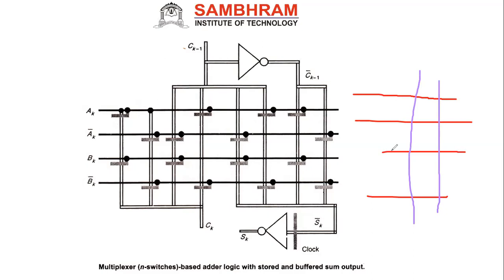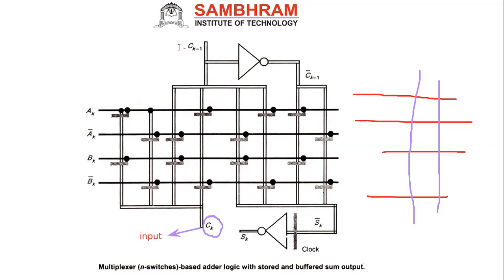Okay, you can draw it like this also. If you are getting confused, you can draw like this also, no problem. Here, this will be your diffusion, and this will be your control signal. What are the inputs here? The input is CK. You remember in the mux-based design we did, right? The CK is your input.